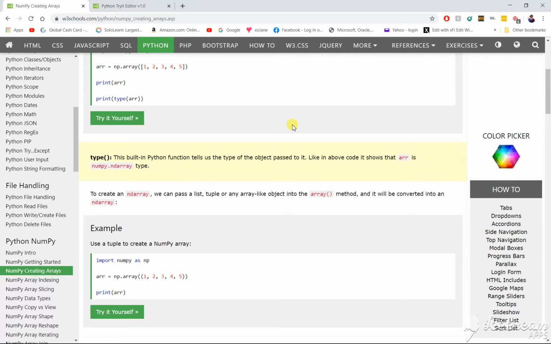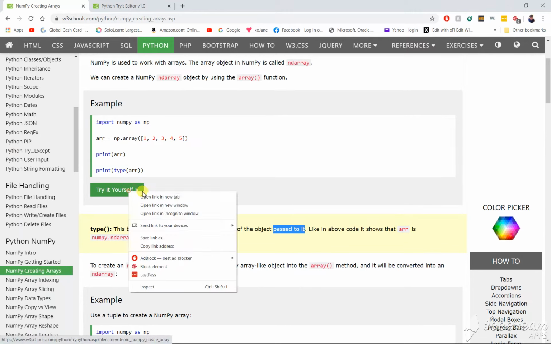Like in the above code, it shows that array is numpy.ndarray type. Hold on. Okay. So this sentence tells us the type of object passed to it. Okay. So passed to it is